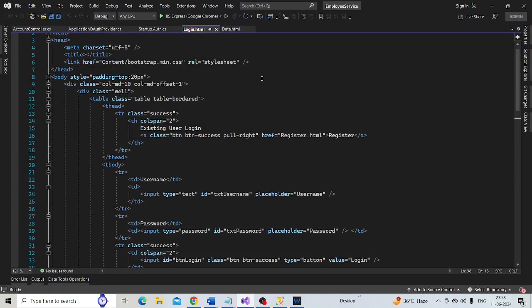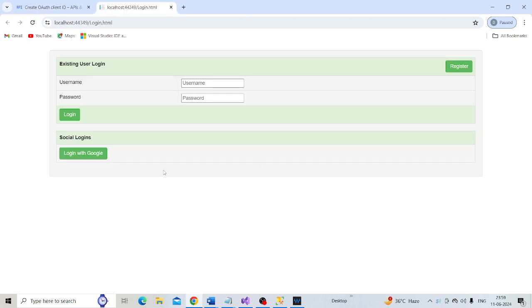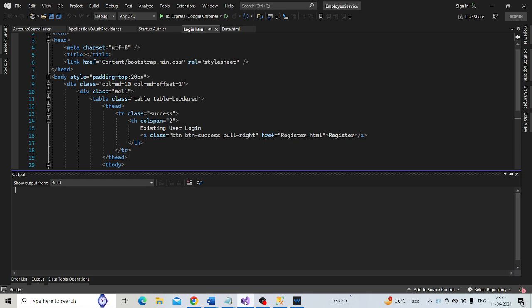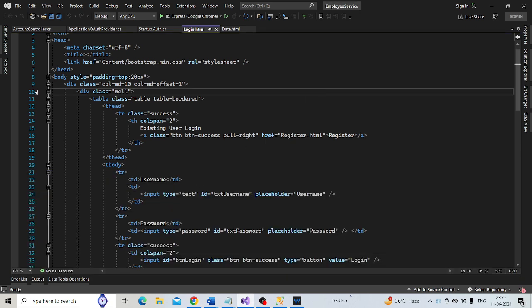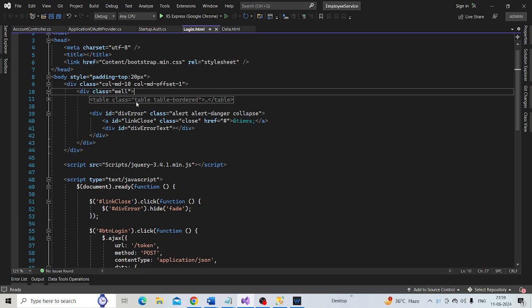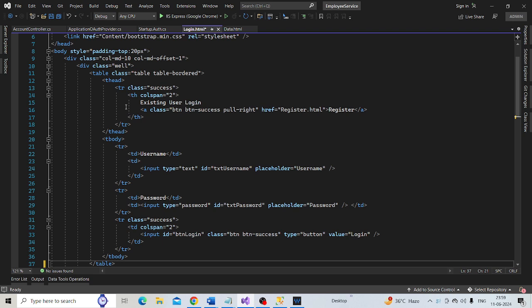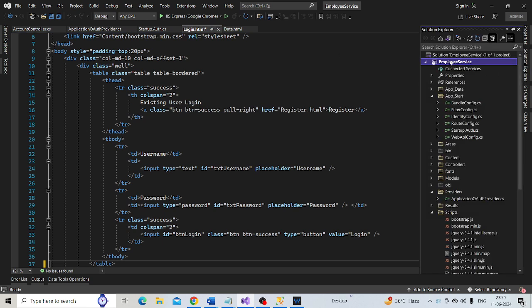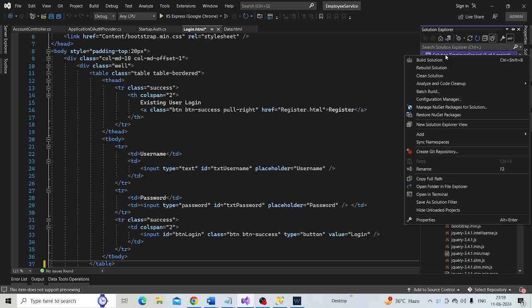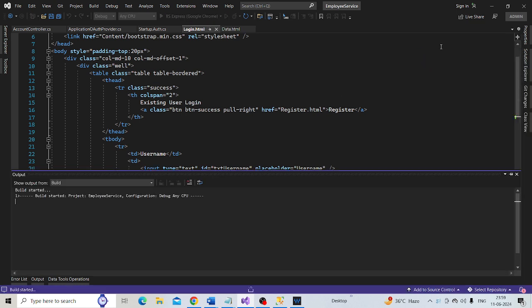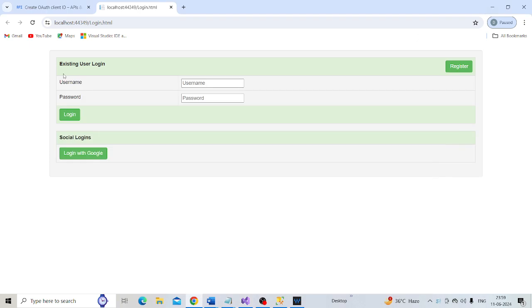We need to run our application. Okay, it is showing me this. So build the solution from here and reload the application. Okay, the port number is this one, 44349.